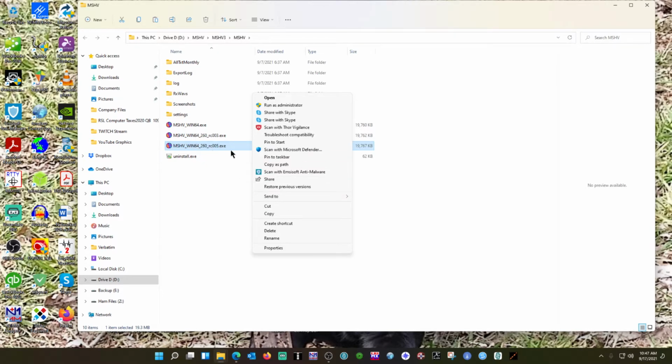It's got to be a shortcut, because when you launch this from the shortcut, it's going to be looking for all the previous files that it needs from 2.59, okay? It's going to be looking for these folders and your settings and everything else. That all has to be there. That's why 2.59 has to be pre-installed in order to do this. After you do that and you send your shortcut to your desktop,